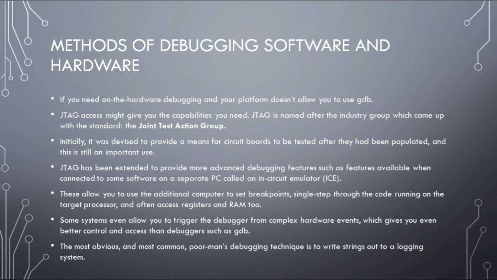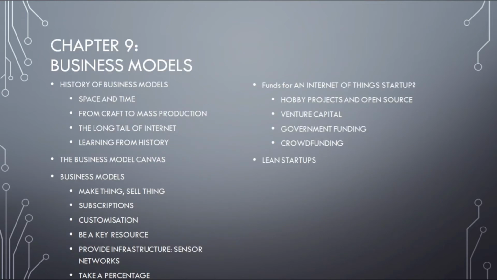You can even modify the contents of memory or variables on the fly to influence the rest of the code execution. You can also use utilities like remote debugging, or you can get access to desktop grade debugging tools to emulate your target platform on the desktop. So, this chapter provided a comprehensive list of ways to improve your embedded coding. The next chapter to study in this unit is business models.